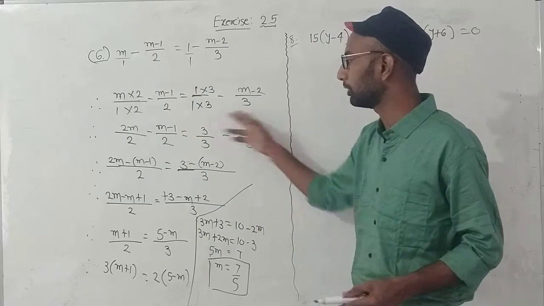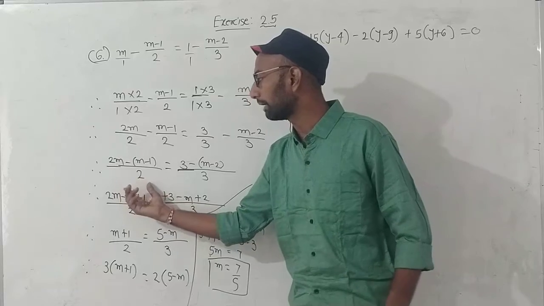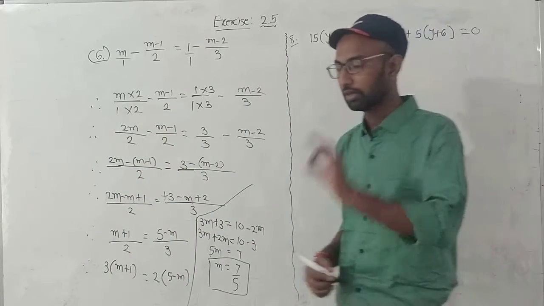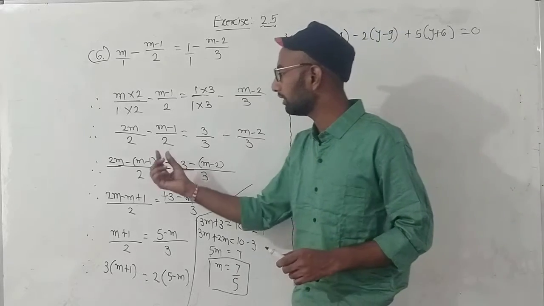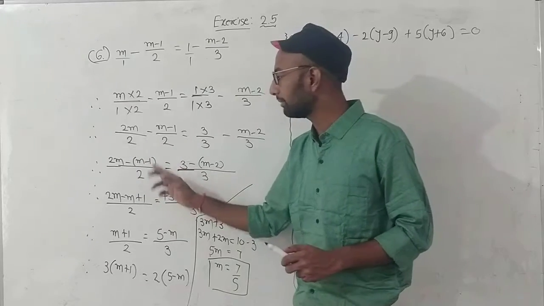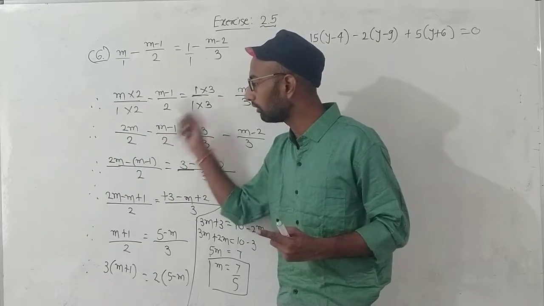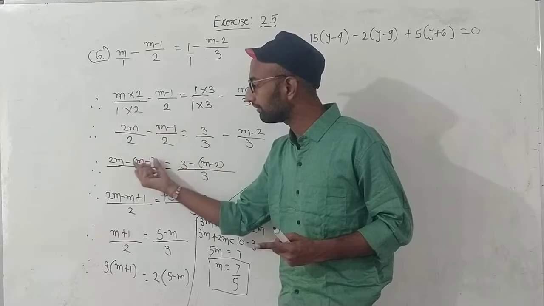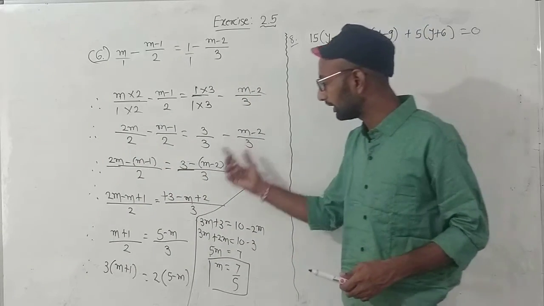मुझे यहाँ पर भी 3 3 डिनोमिनेटर में लाना है. 2 2 डिनोमिनेटर में लाने के बाद मैंने उसको 1 टाइम लिखा और न्यूमरेटर में जो भी था वैसा का वैसा लिख दिया. But the most careful thing that we have to perform is कि whenever we are going to write a numerator, at that time if we are having a sign of minus between these two values, we will always put the sign of minus and then we will put this second value in a bracket. दूसरी वैल्यू जो है उसको ब्रैकेट में रखेंगे. सेम थिंग मैंने यहाँ पर भी की.